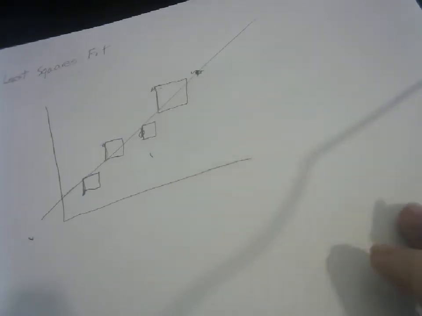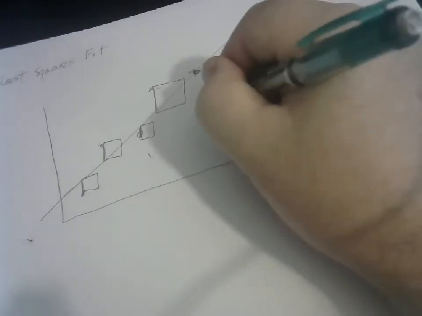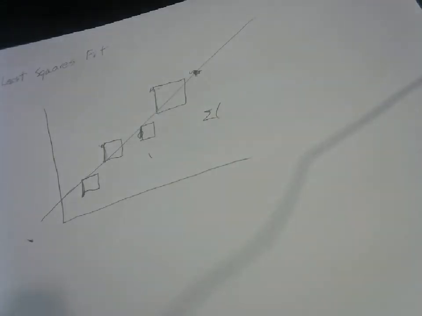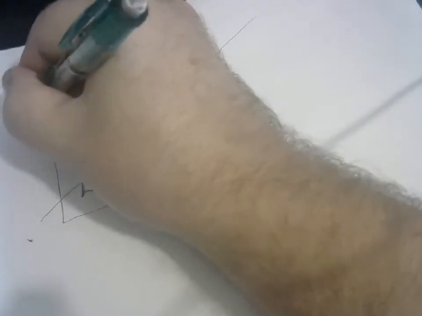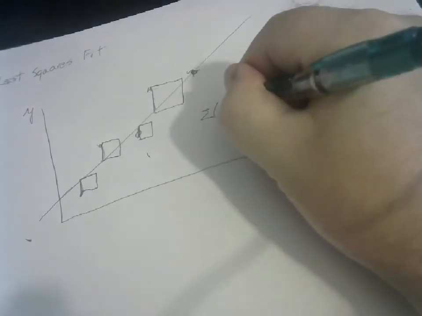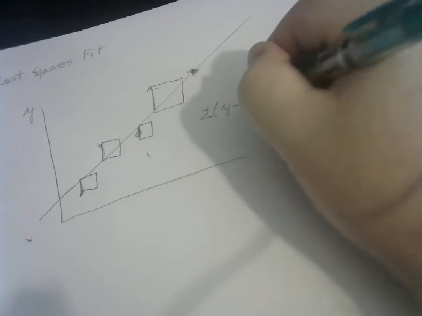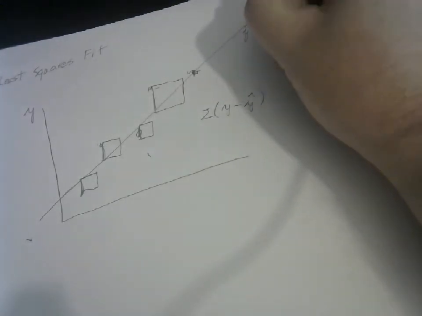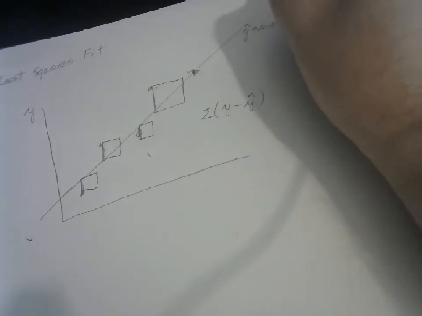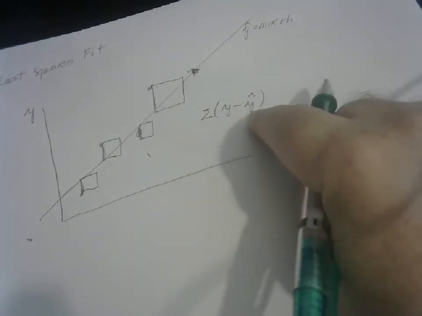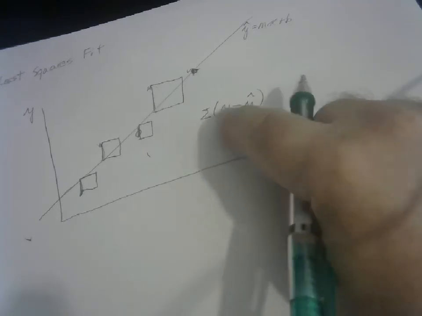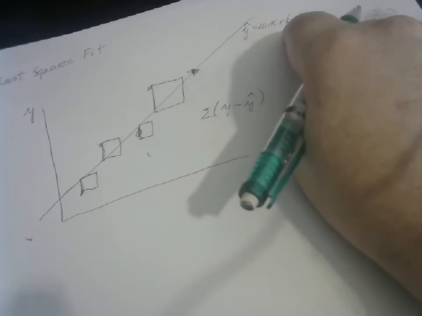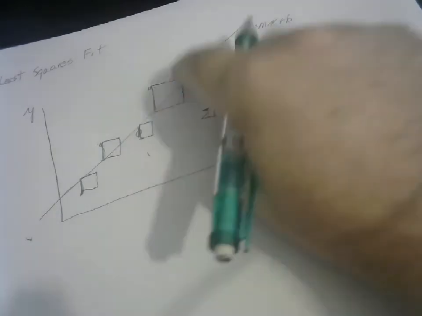And the way you would express the total area of those squares is with the sum of your y value minus, and we'll call y hat equals mx plus b, the trend line. So y is the actual value of the statistic, and y hat is the